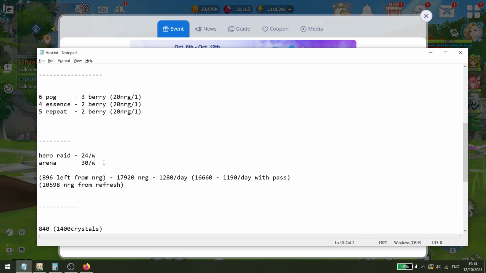here are the blackberries that you can get from doing, not hero raids. I don't know why they did hero raids, but raids. If you do several raids a week and complete that mission fully, you will get 24 in 3 weeks. And if you do the arena battles, you'll get 30 in the 3 weeks. I wrote week, but it's 3 weeks. So in total,